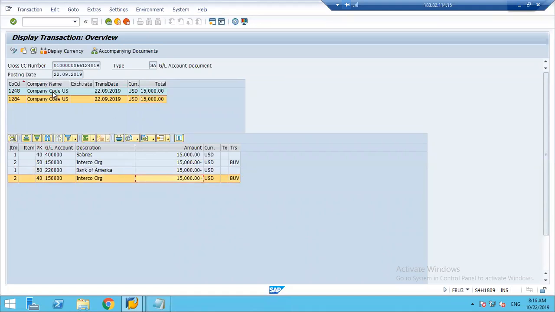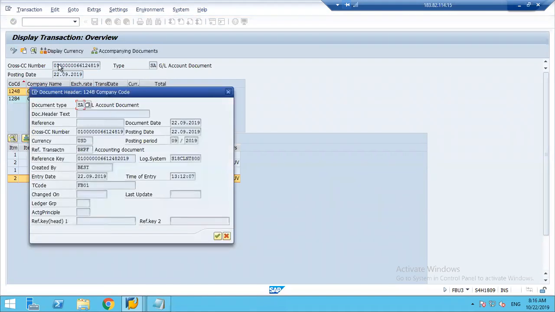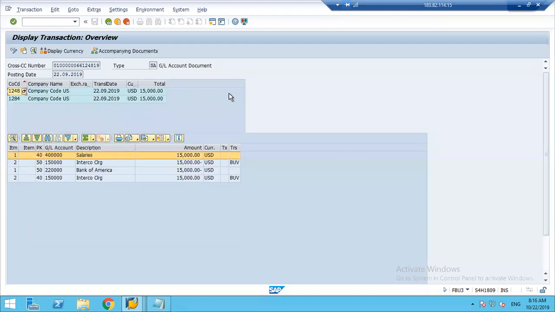Any questions? Nanda, where does the system get that cross company number from? Like cross company, yeah, that number. And what is the document type for that? Okay, the document type is SA, I can see. It's not a document type. I'm not sure. Whatever you're asking, I think it is going to be a dynamic number or something. This may be a dynamic number because we don't